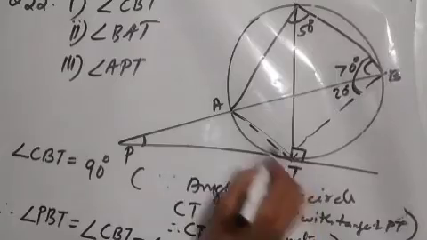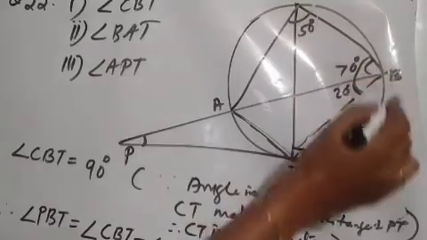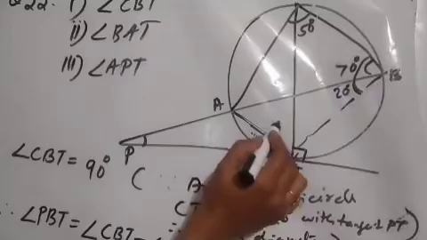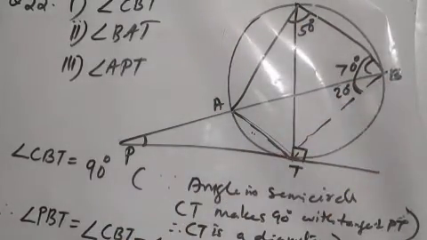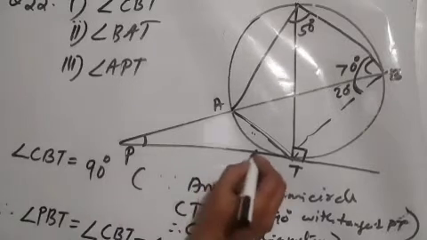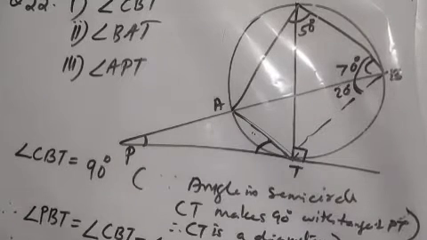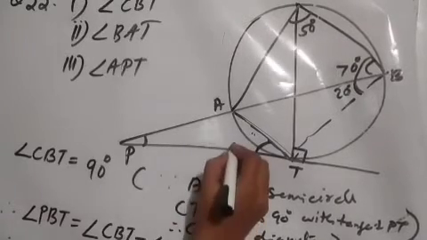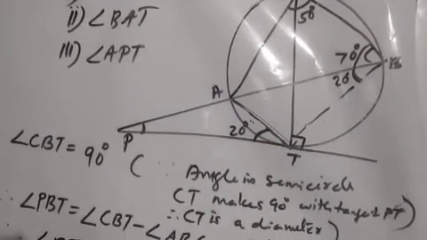And look at this chord AB. You can see this chord AB now. And this portion is the remaining part of the circumference. This is one segment and this portion is another segment. So angle ABT is in the remaining part of the segment, or alternate segment. So can you say what is the angle here? Therefore, angle ATP is same as angle ABT, 20 degree. Here it is 20 degree. Understood? Okay.